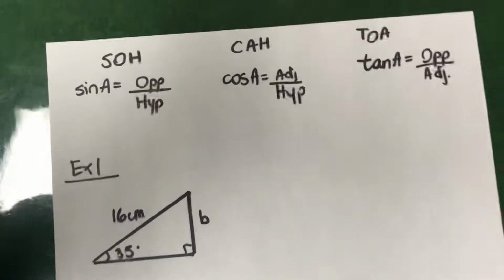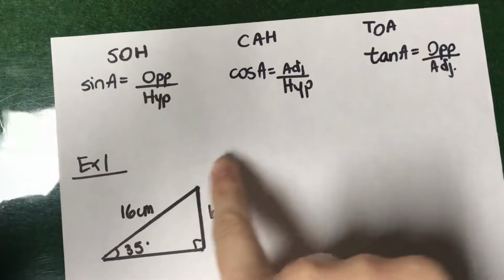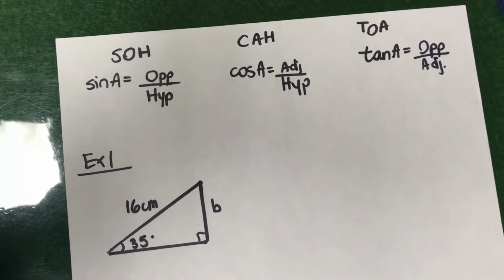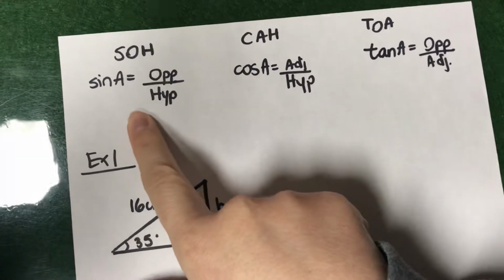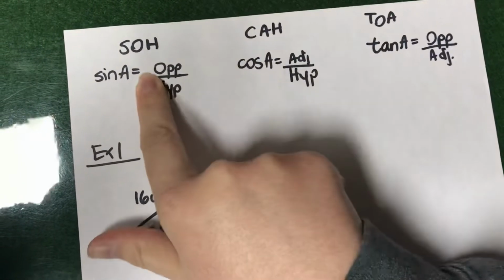Right, so just a reminder of what you've seen in the slides so far. We have 3 important formulas that you need to remember, so make sure that you're writing them down every time. The first one is that sine of A is equal to the opposite over the hypotenuse, and we call that